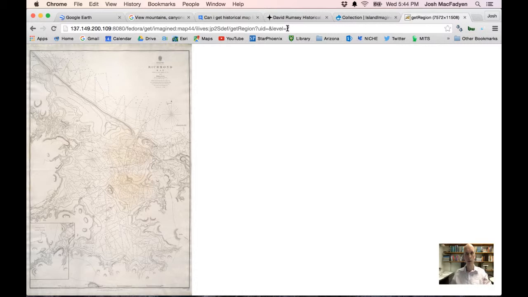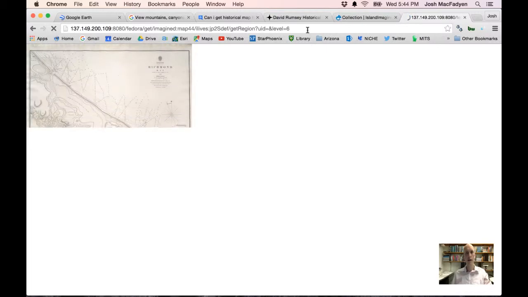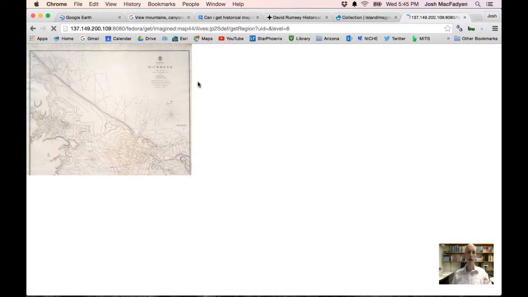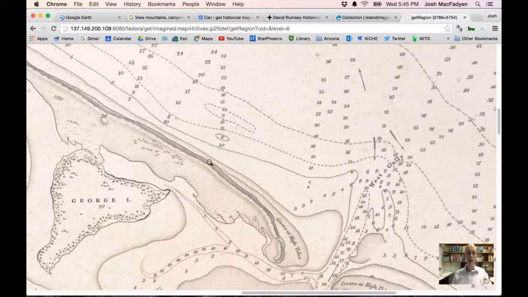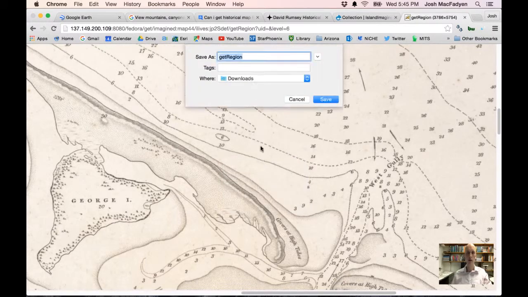So it should be loading in here now, and actually this is a little bit too big, so I'm going to go with one level smaller. Anyway, this is a convoluted way of getting a map that I like to use and downloading it from the website. Now, this way I can add this map as a JPEG, so I'm going to save the image as